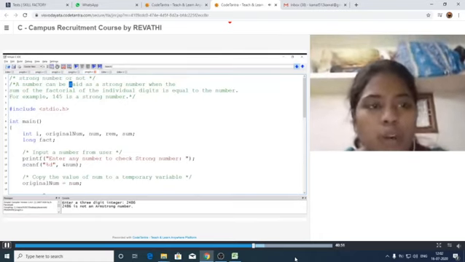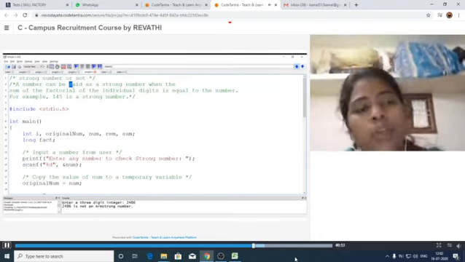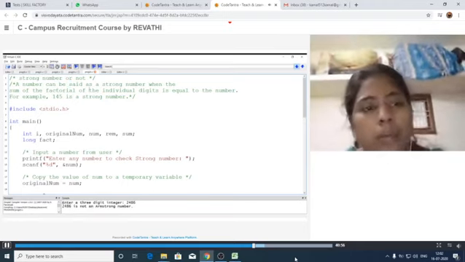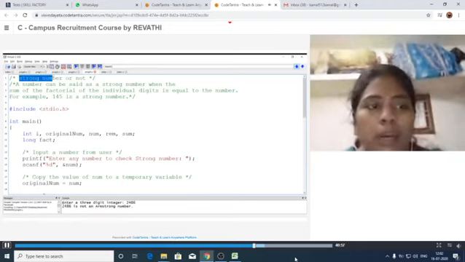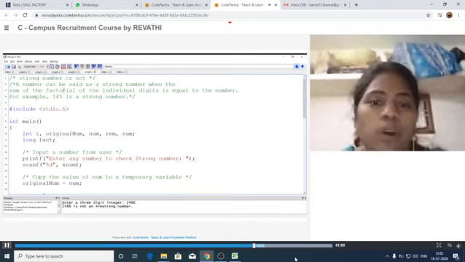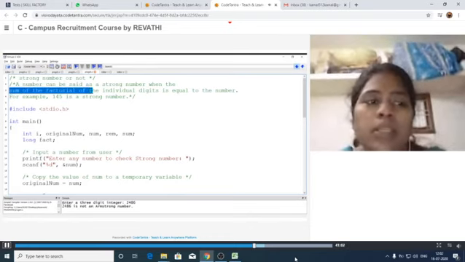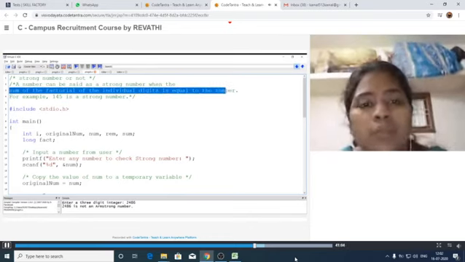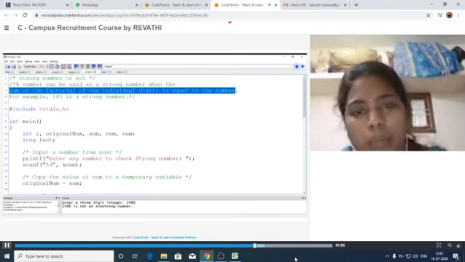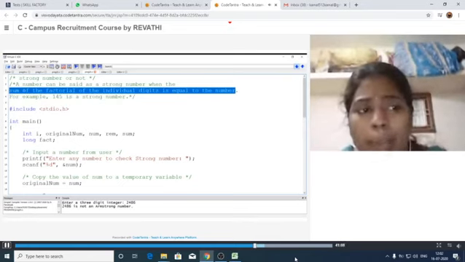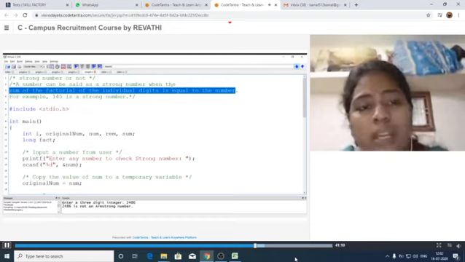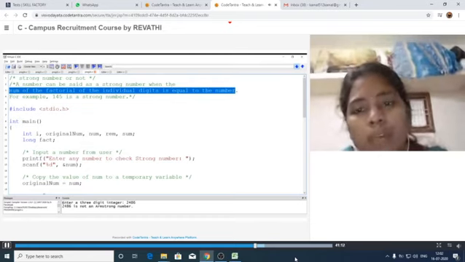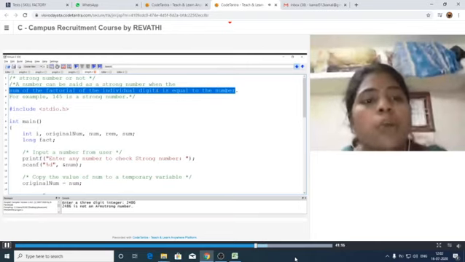Up to now we have discussed palindrome number or not, Armstrong number or not, like that. Here also we are having another new one, that is strong. Actually palindrome is just when we are reversing the number, it is equal to the given number, and Armstrong number means sum of the cubes of individual digits is equal to the given number.